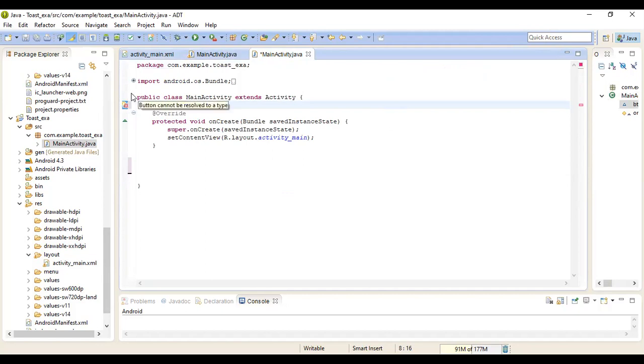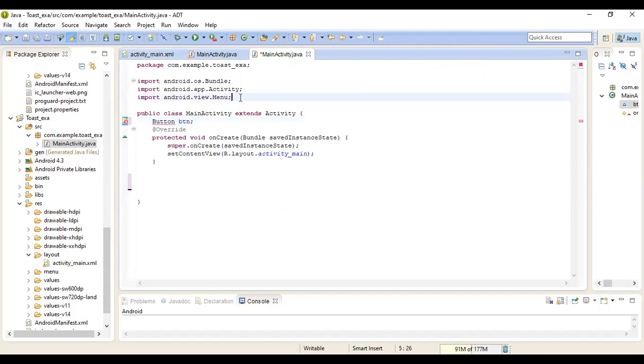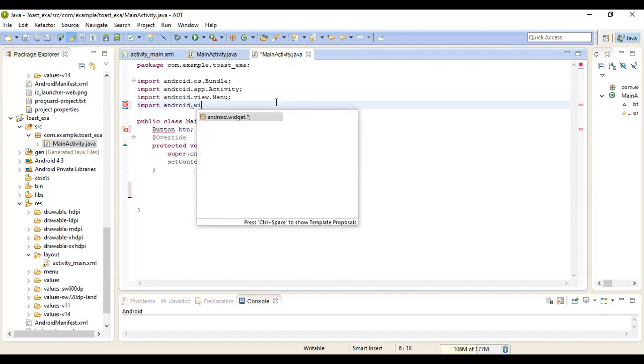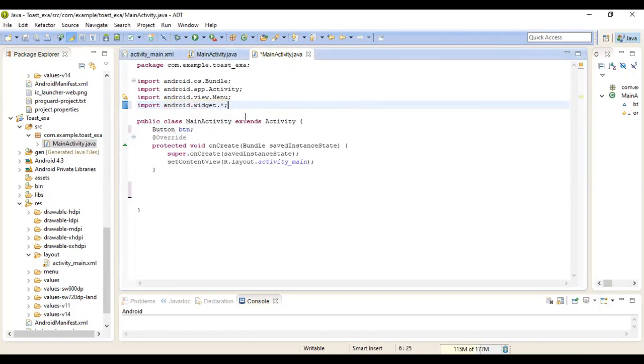Now the error indicates you have to import the package first. So import android.widget.*, so we can use any widget. Now find the button using the button object.